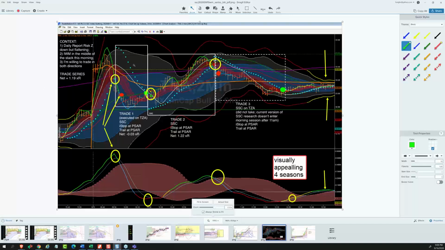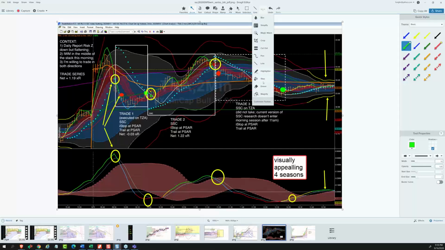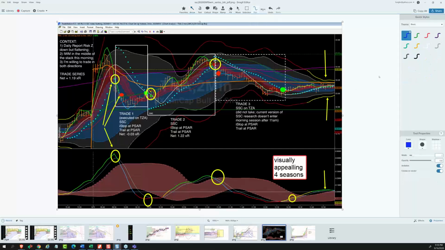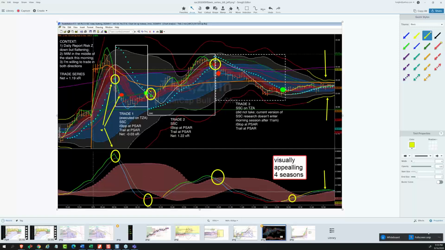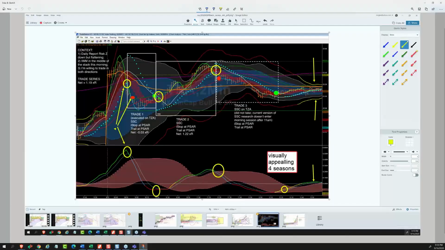So this is Bill's trade frame, and I've added the items in yellow. Let's see if I can get this. So I added all these items in yellow, so it's not going to let me do that. Okay, fine. Two can play that game.